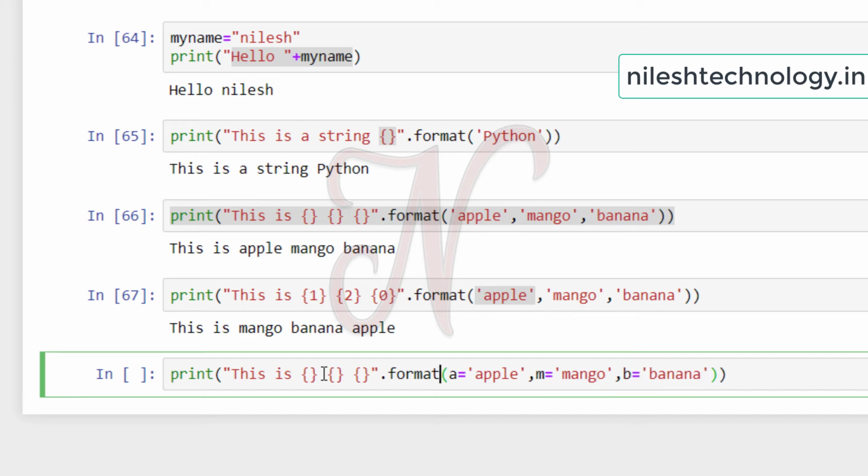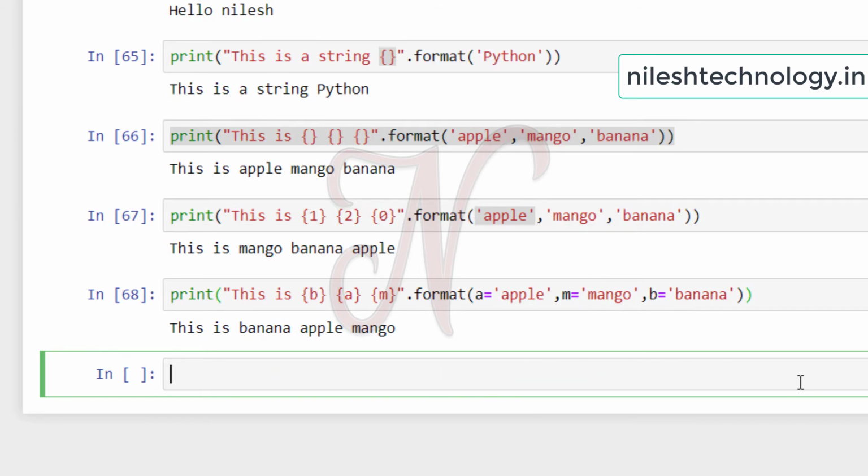Here you can pass the keywords instead of numbers. So b, then a, then m. Then I will run this code. See, my output is "this is banana, apple, mango". So you can run this code by using indexes or by using keywords.